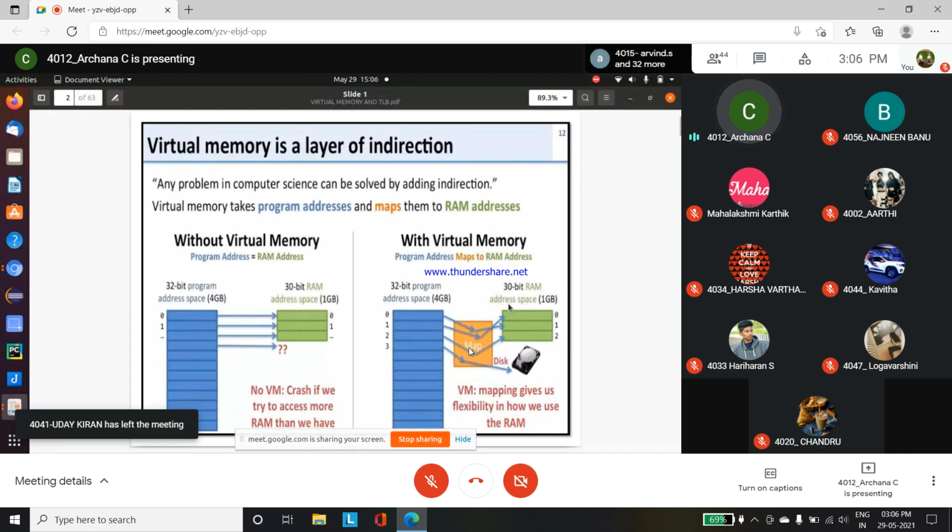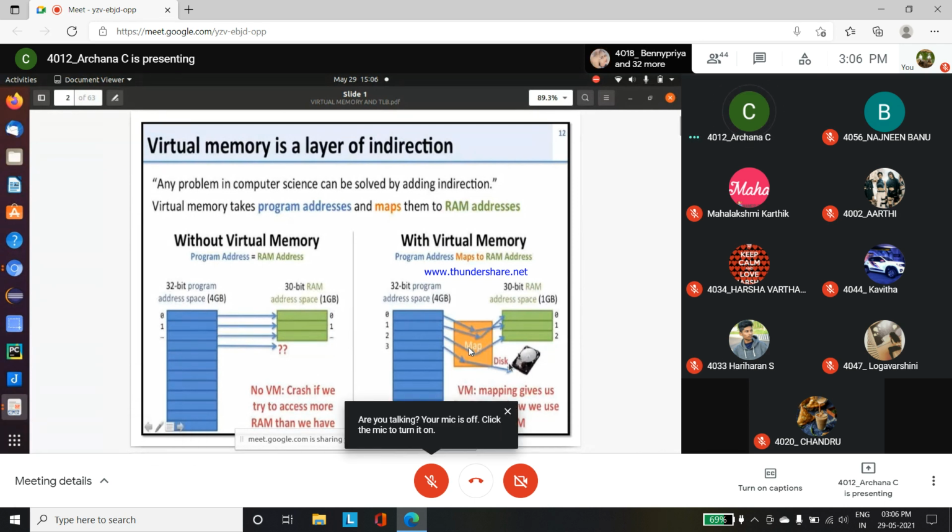We map only up to the available space, and after that we don't have space. So we introduce a secondary storage, that is the disk, and direct the remaining memory into the disk. VM mapping gives us flexibility in how we use the RAM.